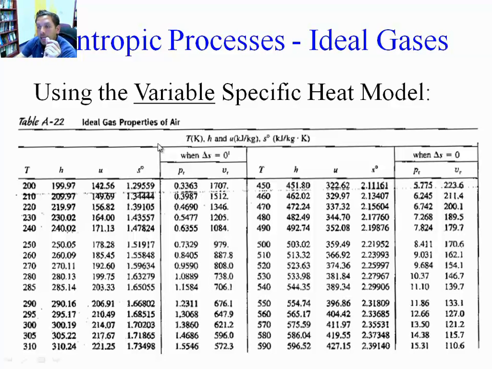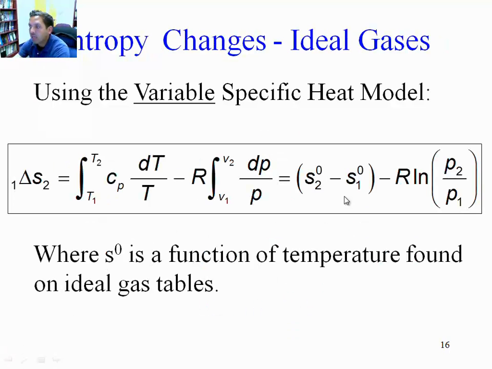Alright? And because we're using the variable specific heat model, we cannot say that, for example, delta H is equal to Cp times delta T. We have to calculate H2 and we have to calculate H1 at the corresponding temperatures. We cannot take that Cp out of the integral or that Cv out of the integral. Furthermore, this is the equation we have. Delta S from 1 to 2 is equal to this entropy component called S0. It's not entropy, it's just an entropy component. It's the component of the entropy that is only a function of temperature. And this is the component of the change of entropy that is only a function of the pressure.